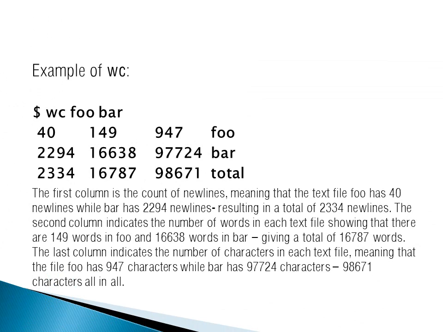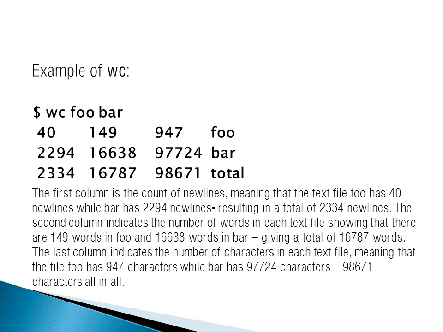Here we have an example of it where two files are given, foo and bar. We have used the command wc foo bar, which is showing us the output. The output is very simple and clear to all of us. The first line shows us about foo, the second will show us bar, and the third will show us the total of foo and bar.